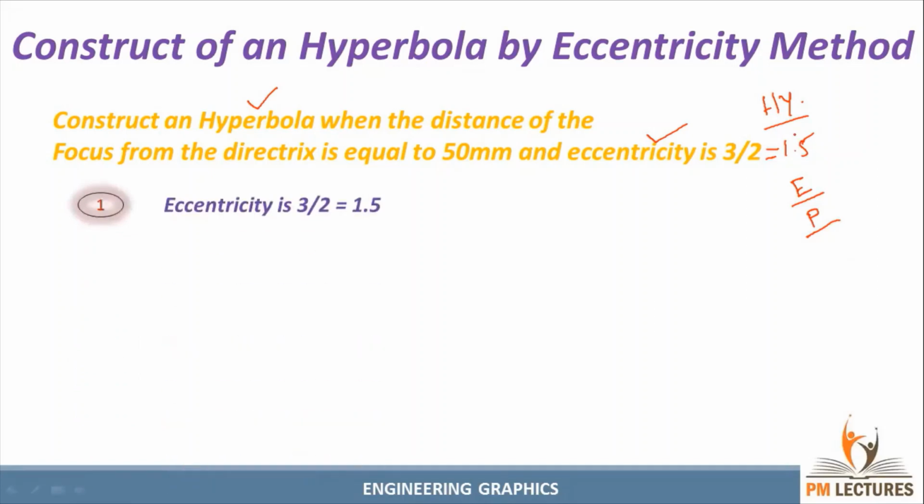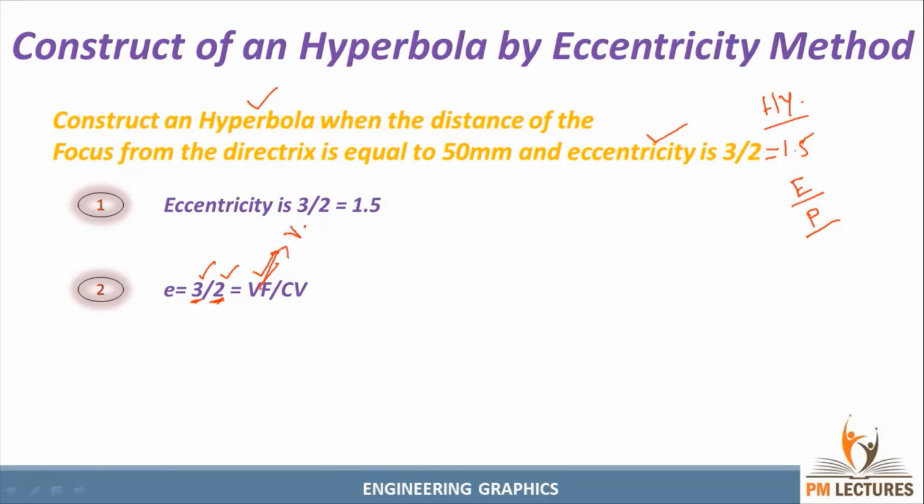Okay, let's say it is already identified. Then we can go for the second step. The eccentricity value is given, that is E is equal to 2 by 3. What is the meaning of E? It means the numerator and the denominator. The numerator mentioned here is VF. What is meant by VF? The distance between V and F is 3 units. And the distance between C and V, mentioned in the denominator, is 2 units.